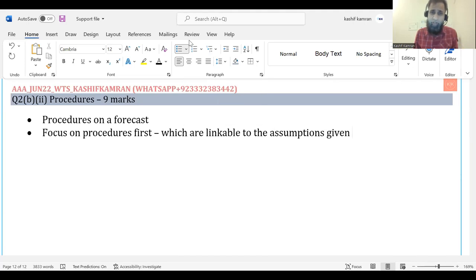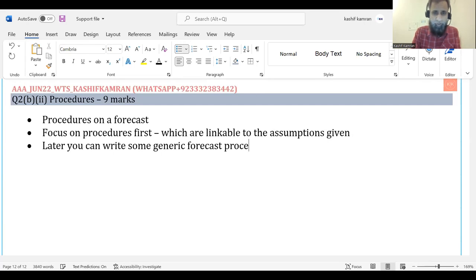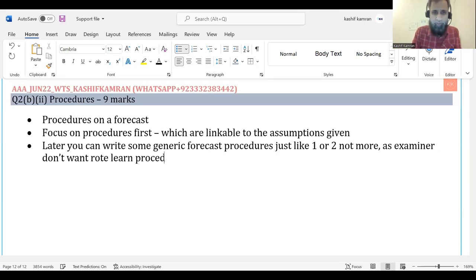Focus on procedures first, which are linkable to the assumptions given. Later, you can write some generic forecast procedures, just like one or two, not more, as the examiner doesn't want rote learned procedures